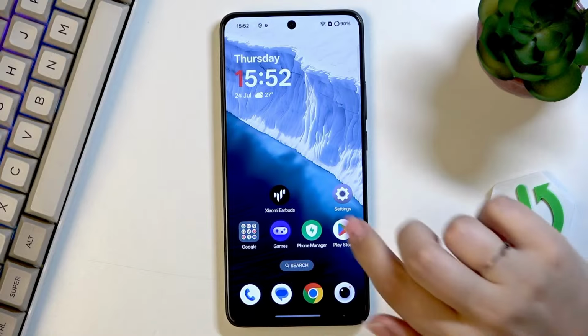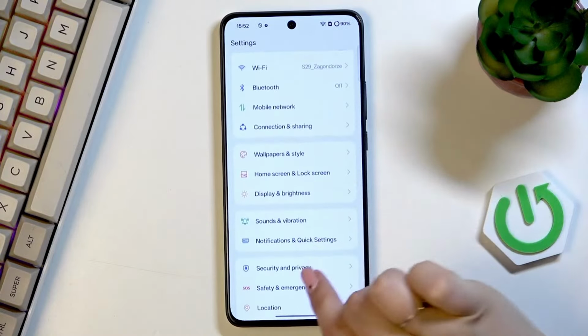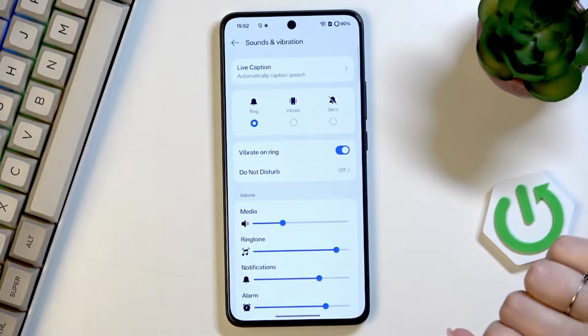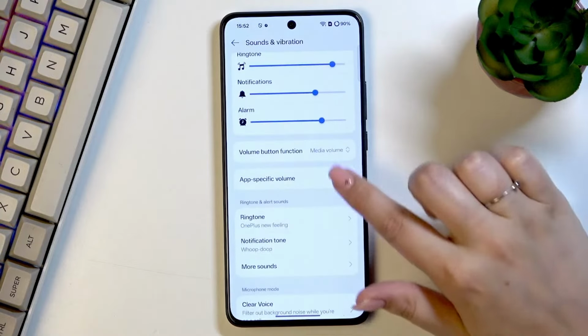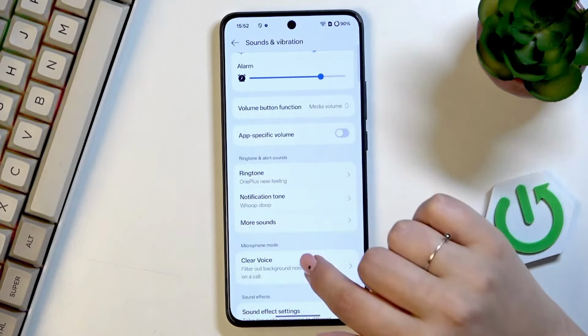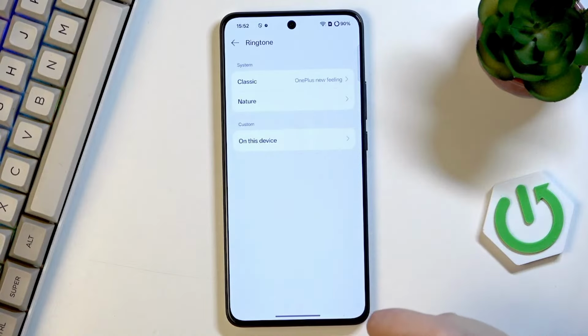So let's begin with opening the settings, and here we have to scroll and find sounds and vibration. Then let's scroll down to find this ringtone and alert sounds, and tap on ringtone at the top. It is obviously connected with the incoming calls. So here we've got two different albums, let's say, from which we can choose the ringtone which are pre-installed there,